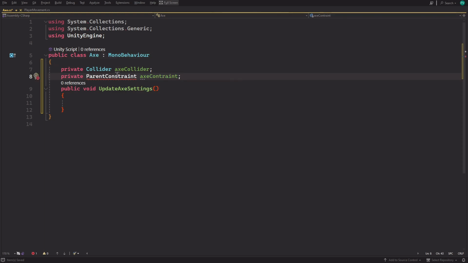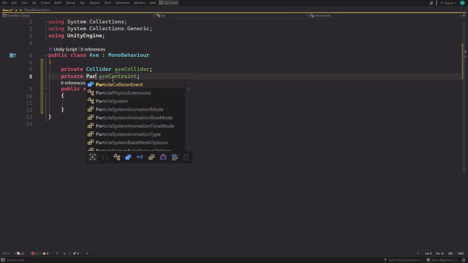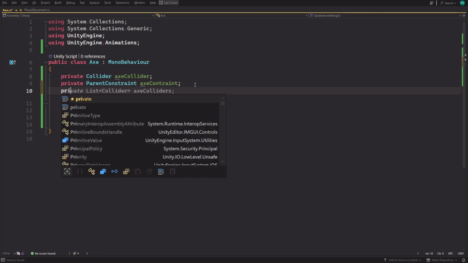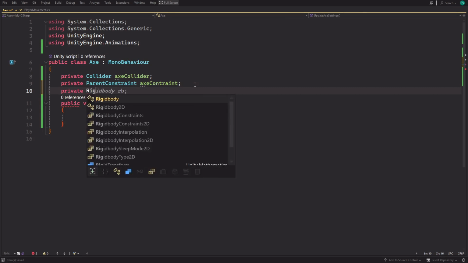Okay. Oh, of course I spelled that wrong. Well done, Paulo. There we go. Okay, I think we needed those two. And we need the rigid body. So let's do one more. Private Rigidbody